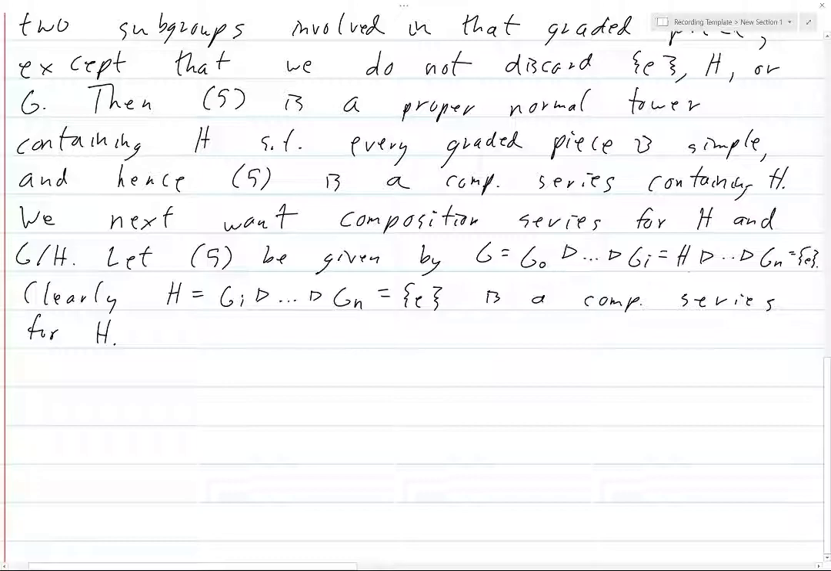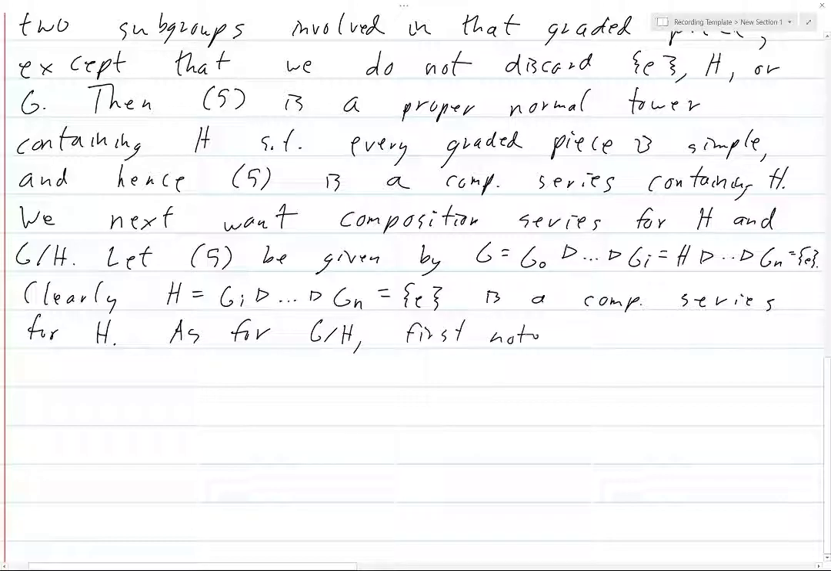But where we are going to run into issues is for G mod H, because it's not necessarily obvious that if we just mod everything out by H, then we're going to get a composition series. But we're going to fix that. As for G mod H,